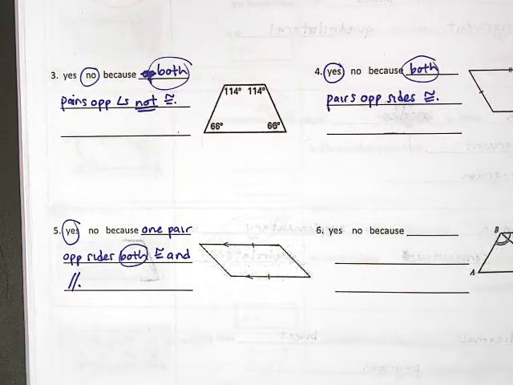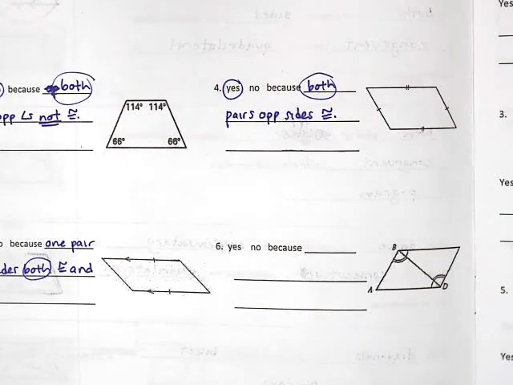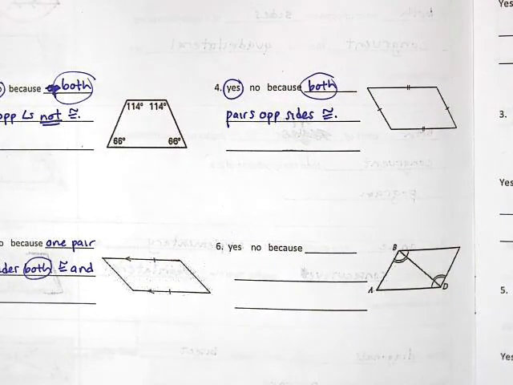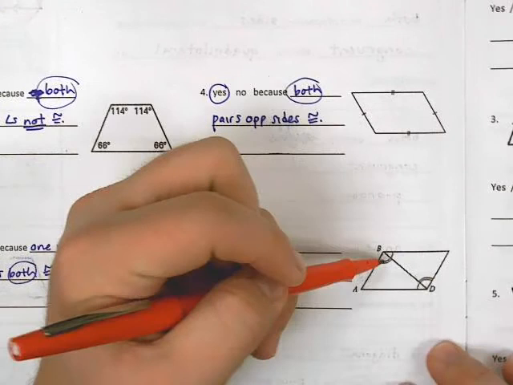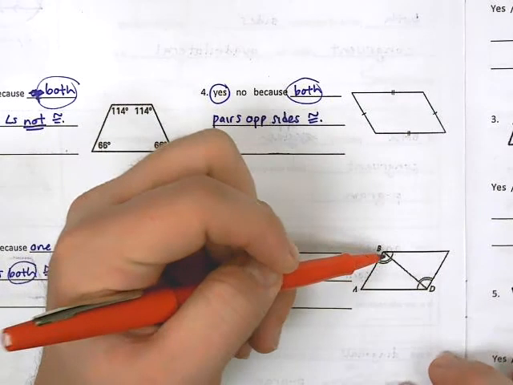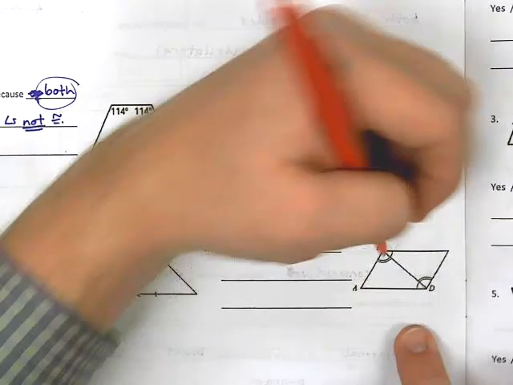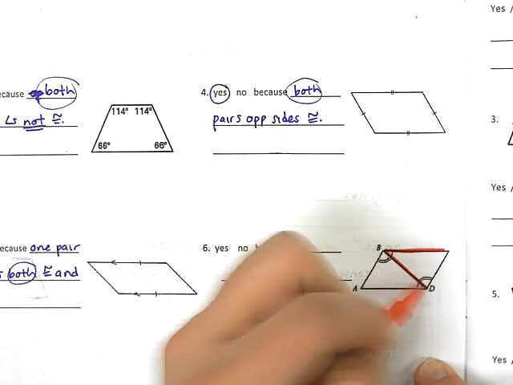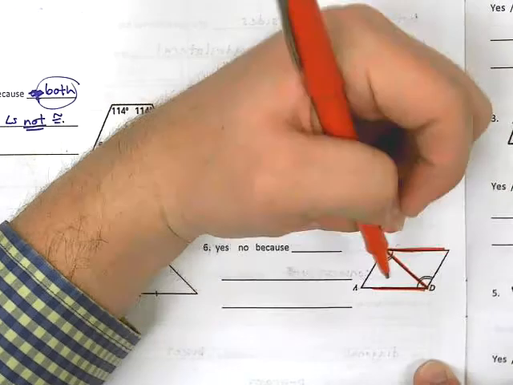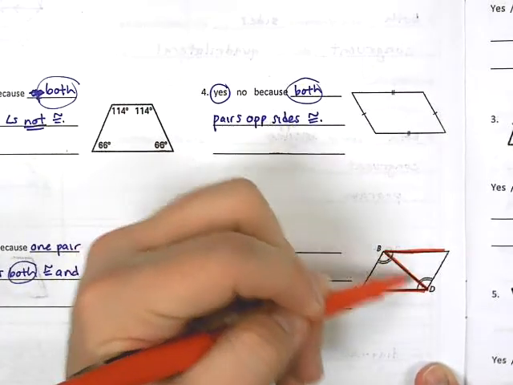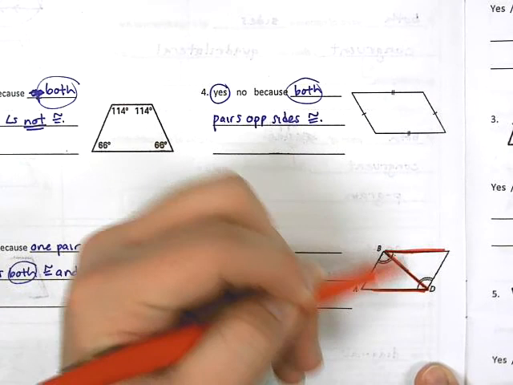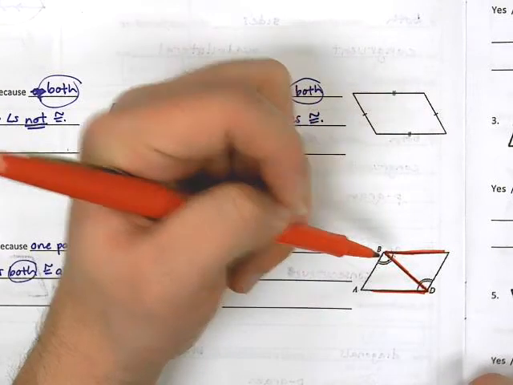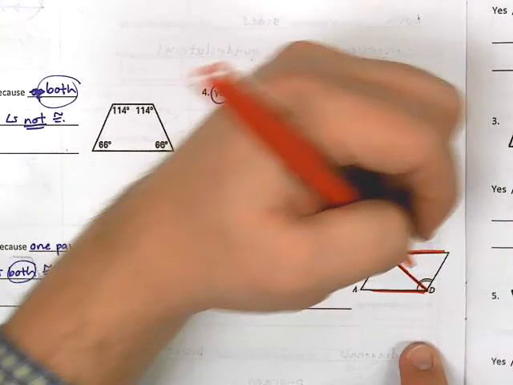And to finish up the video, we look at this last one that we have to do a little bit of work on, all right? Please notice, all right, if I look at these arc marks, the single down here and the single down here, if I think about that, that creates something like this. If I make a Z, all right, so when I have, what is this? What are these called? Oh yeah, alternate interior angles, okay? So I have alternate interior angles that are congruent, which means I have parallel lines,